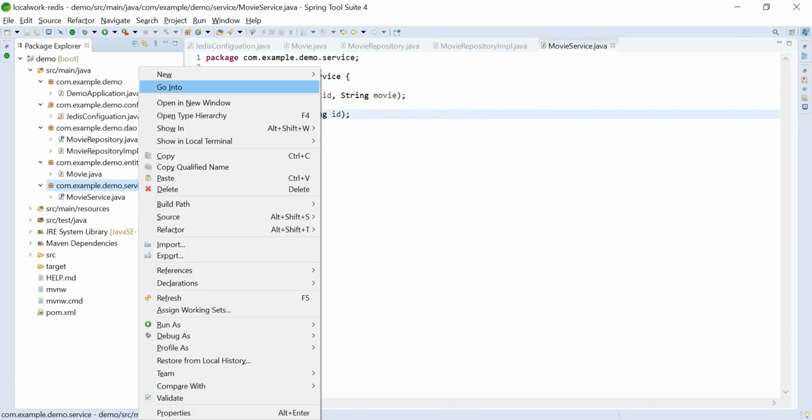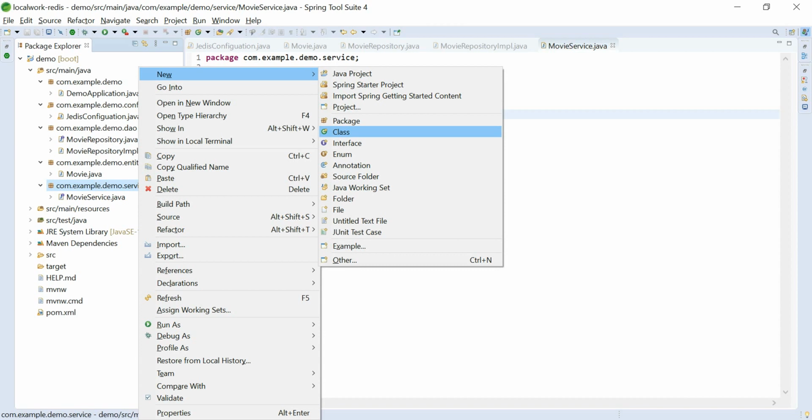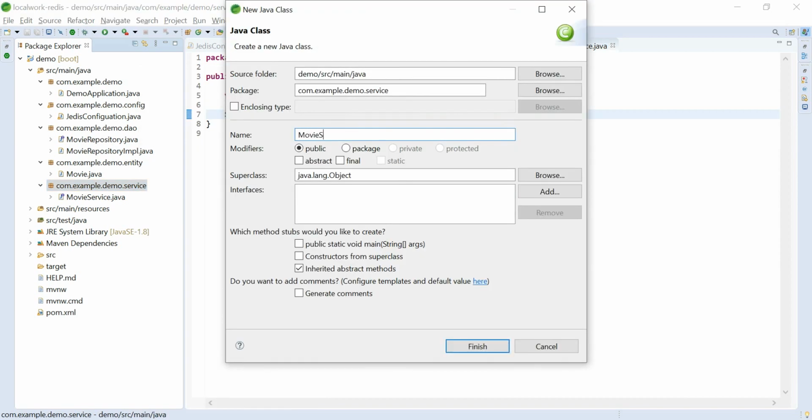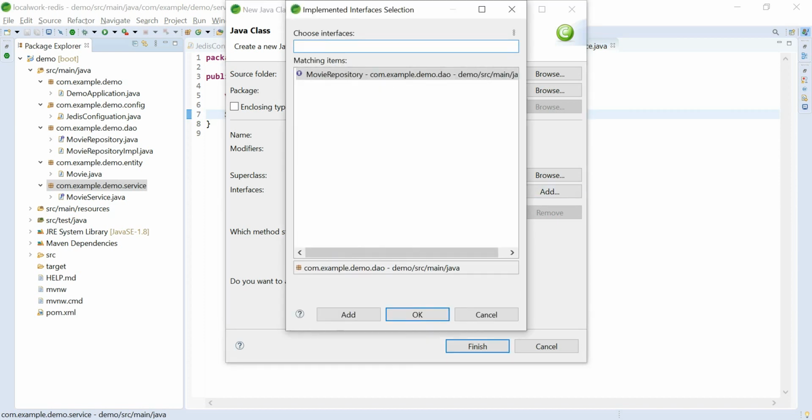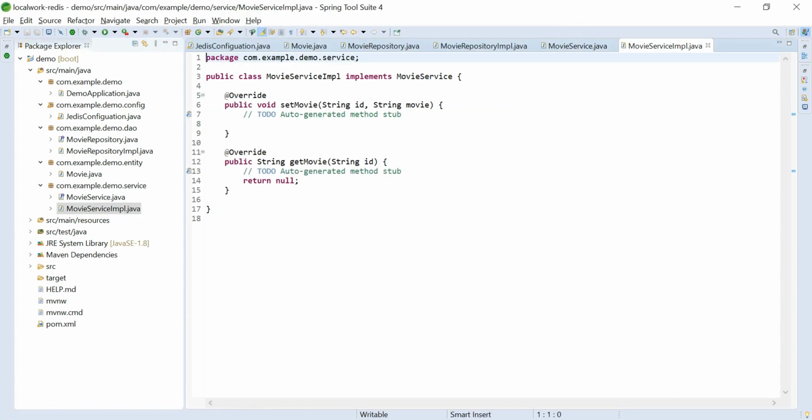Now we will create our service implementation class, MovieServiceIMPL, and implement the interface MovieService.